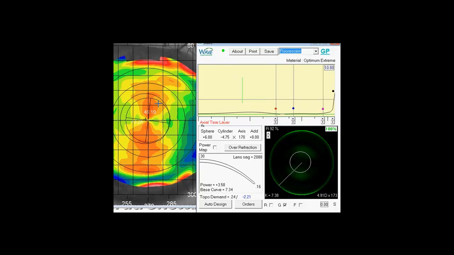We should have a little clearance as we get over these steep areas of the cornea here. We should have nice alignment all the way throughout, and a little bit of edge lift around to let a little tear flow in there. And then if we like this design as we see it, then we want to just check the central thickness